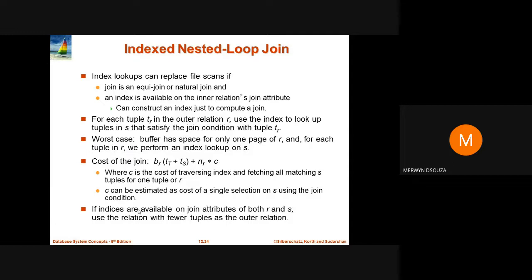If indices are available on the join attributes of both R and S, then we can use the relation with fewer tuples as the outer relation. We can do this to reduce the cost.